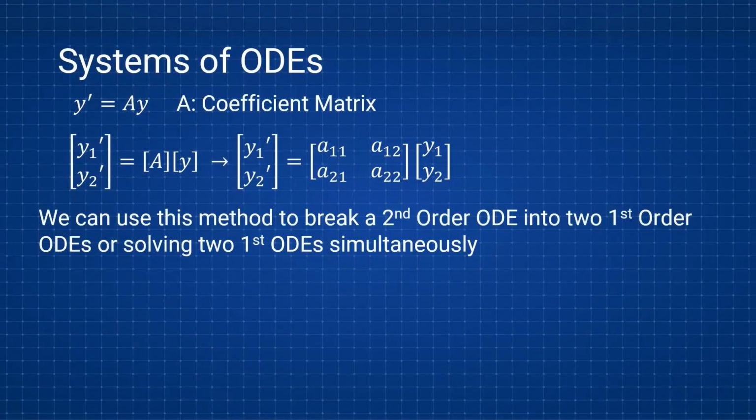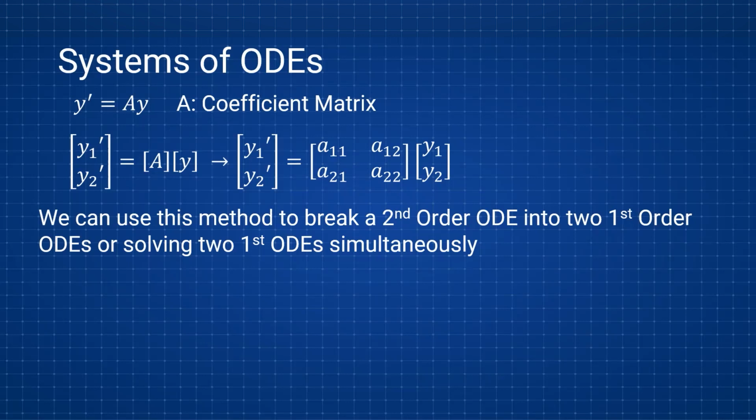To solve a system of ODEs, we need to do it in the following way. So you have y prime equals A times y, where in this case, this A is known as the coefficient matrix, and y will be your y matrix. And as you can see on the screen, we have y1 prime and y2 prime, that's your first matrix, and that's equal to the A matrix times the y matrix. And you can see later on, the A matrix, you have the 4 coefficients, or the matrix is a 2x2